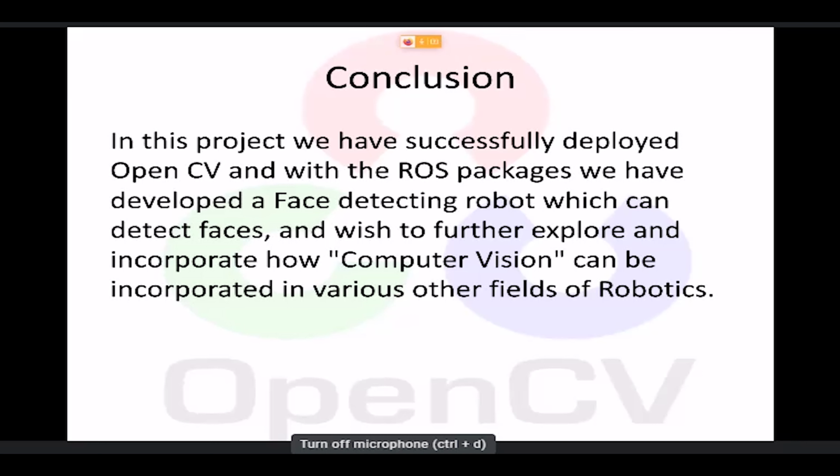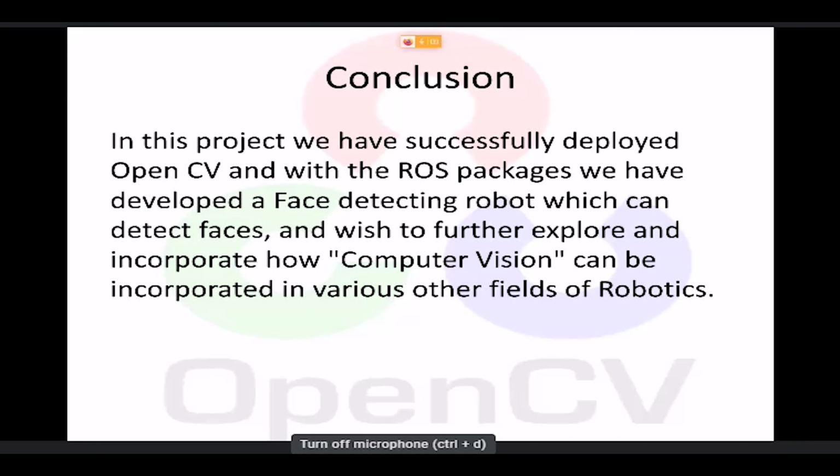In future, we would like to develop these things further. Thanks to ROS and the open source availability of all these packages, we were able to build this kind of software, which previously was very difficult and needed highly skilled people with years of experience to develop.